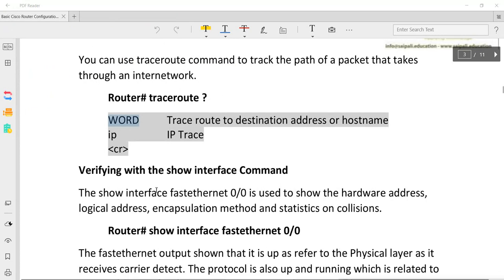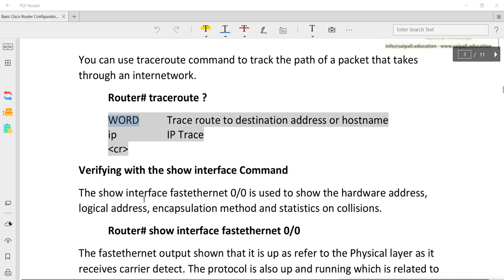Now, verifying with the show interface command. When we configure the interfaces of our router, then we can verify them with this show interface command. This command is used to show the hardware address, logical address, encapsulation method, and statistics on collisions and all that.